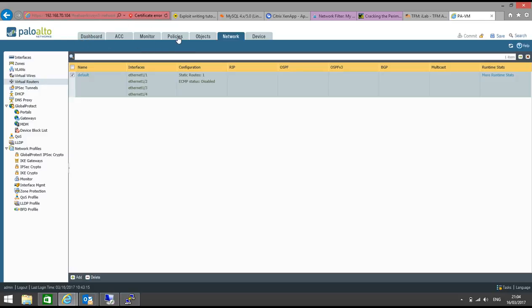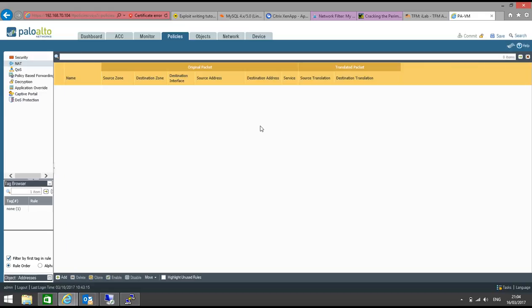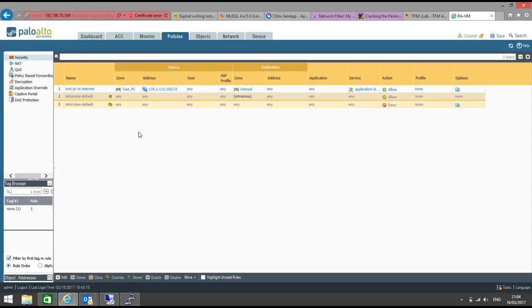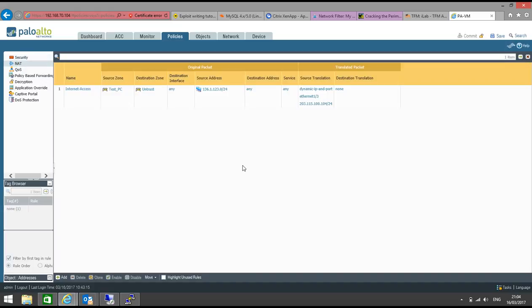192.168.70.104. Go to policies. I have a very basic policy setup which you know how to create, from test PC to internet. The 136.1.123.105 machine can access any IP address in the untrust zone for any application as of now. And then I have created a NAT policy, and that NAT policy says any traffic from test PC to untrust should be NATed with the interface IP address, which is